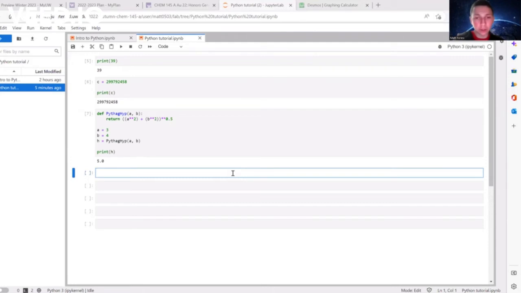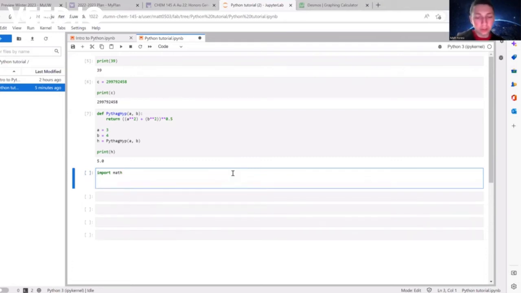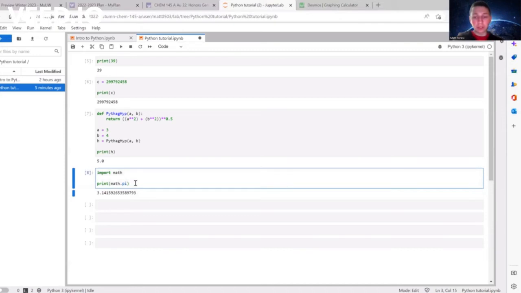Moving on, I'm going to show you how to do some features in math using the math package that's automatically stored within Python. We're going to start by importing it, using import math. This is a package called math that's free for Python users to use, and we can call different functions from within it, which I'm going to show you in a second. The first one I'm going to show you is pi. The math package has the value of pi stored within it. You call it by printing math.pi, and it should print out the value of pi for you.